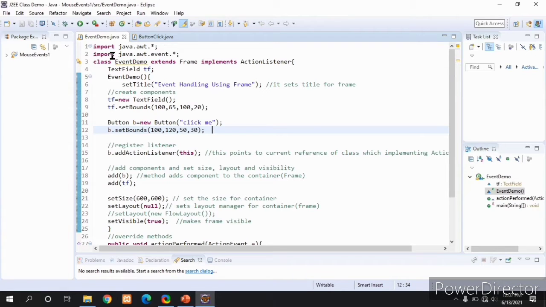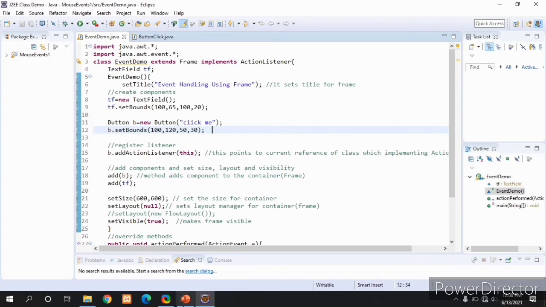And next I am importing another package, that is java.awt.event. This package provides all the classes and interfaces to handle the events generated by AWT components.